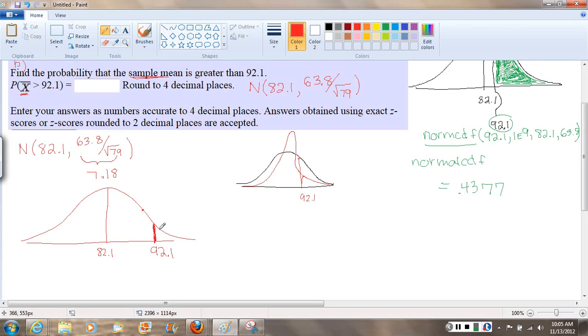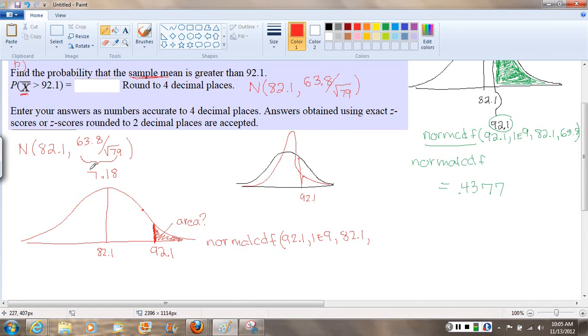So returning to our picture, we still want the probability that the mean is greater than 92.1, so we're looking for this area right here, and our calculator command to find this area is the same one as before. It's going to be normal CDF, and our input is going to be almost the same. The left-hand boundary is still 92.1. The right-hand boundary is still infinity. The mean is still 82.1, but the standard deviation has changed from 63.8 to 7.18 approximately,